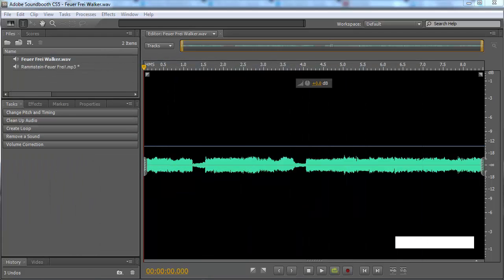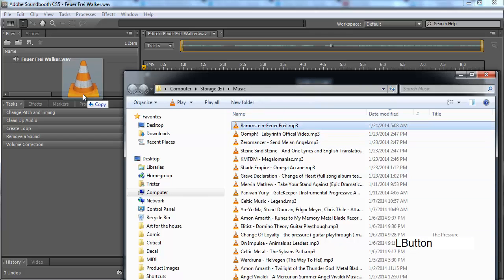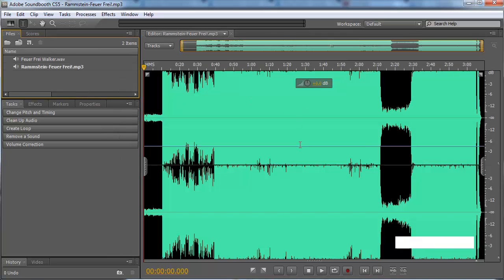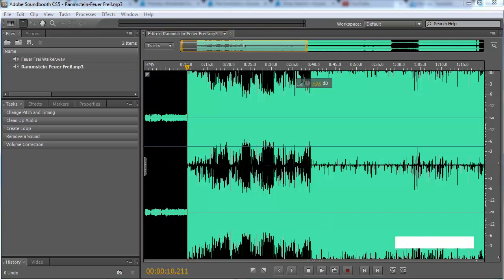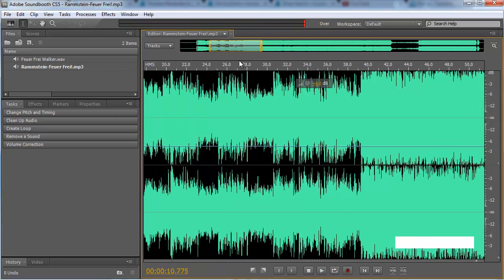Now first, you're going to want to open up Adobe Soundbooth, as you can see right here. Now I'm going to drag my clip in here. Alright, the bit I want to loop is this first one right here, the beginning of Rammstein's Firefly. And none of that other stuff. Now in order to do that,